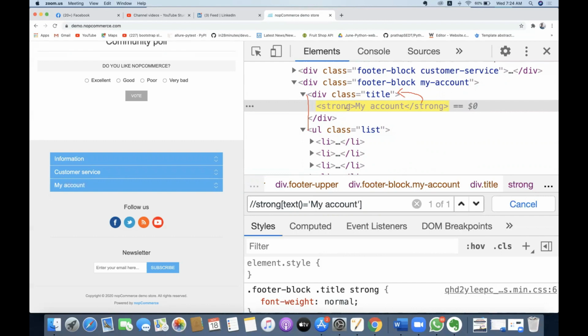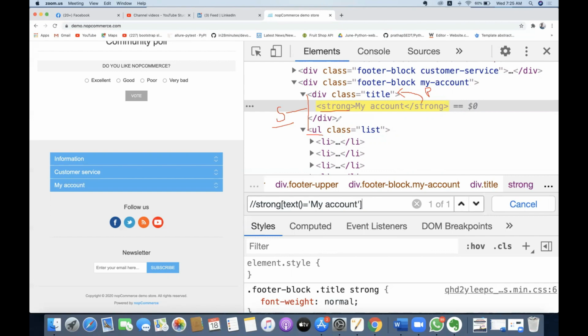Now from this strong, what is the relation to this div? It is going to be called parent. I explained that in my previous video. When the elements are available in the same line, we call them siblings. Now from this strong, I want to identify my division element. From this division, I want to move to my UL with the relationship called siblings. So for the following sibling: for this division, this UL is available as following, because after this div only we have this UL tag. Such scenarios we take as following sibling.